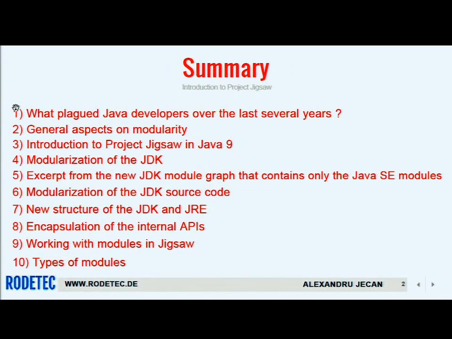So we will see what has plagued Java developers over the last several years. We will talk about modularity and present some general aspects of it. Then we will see how the JDK has been modularized, and we will show the new module graph that we have now, but we will see only the Java SE modules. The source code of the JDK has also been modularized, and we have a new structure of the JDK and JRE. The internal APIs have been encapsulated,